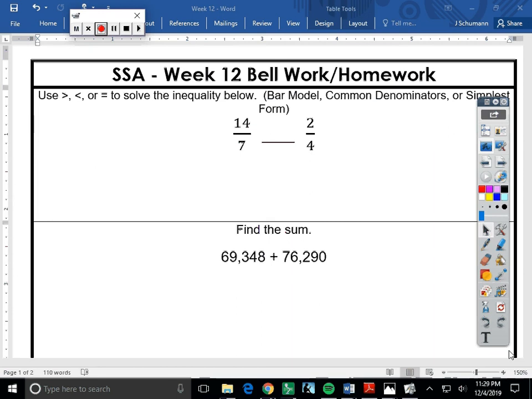Today we're taking a look at our Week 12 Bellwork. And again, this is something that's typically assigned in your core classroom on a Monday or Tuesday and due at the end of the week. So be expecting that this is something you'll work on a little bit each day until it's due on typically